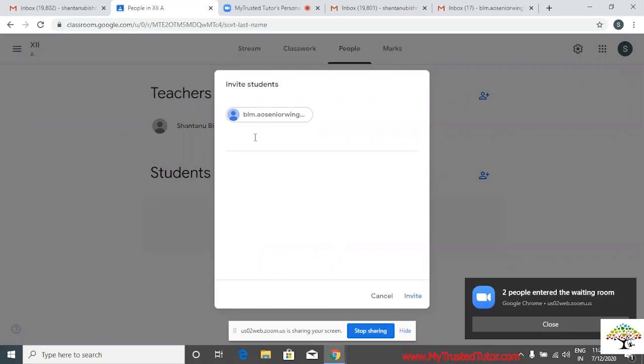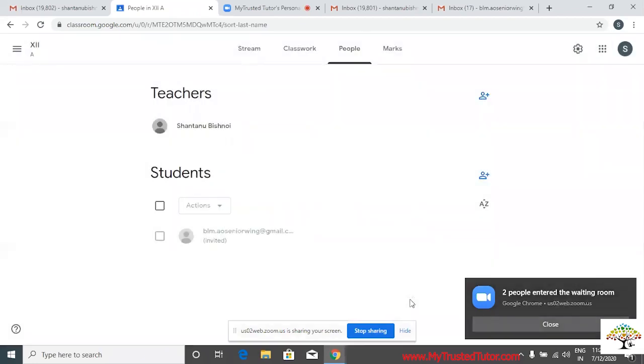And after that, suppose you have added numbers of email IDs. If you want to invite 100 students, you can add their email IDs and then click on the invite option. For the demonstration purpose, I have added my email ID only. You can add as many as you want. And after that, I need to click on the invite option, which is at the bottom. This is the most proper way of inviting a student, by clicking on people and sending the email IDs.